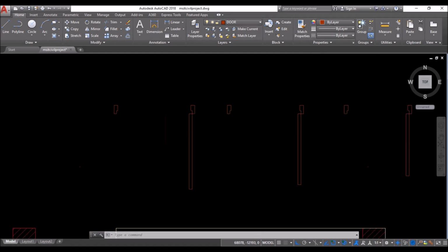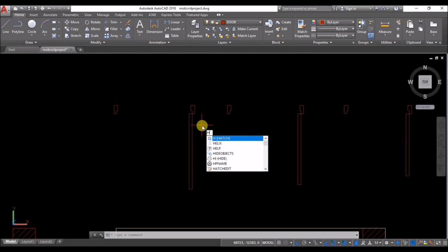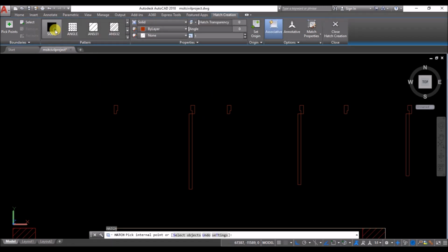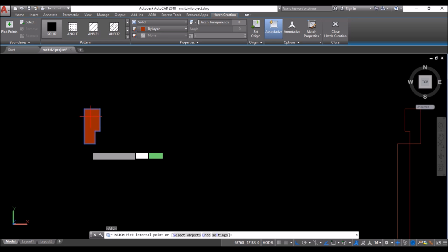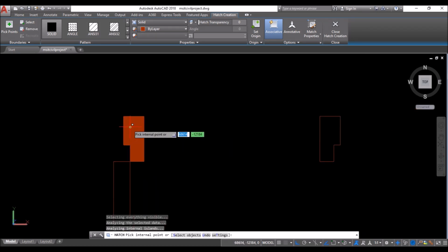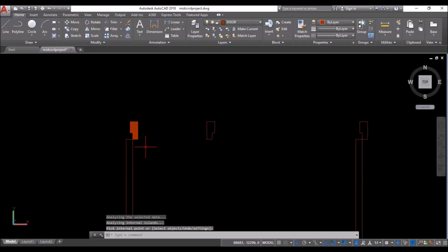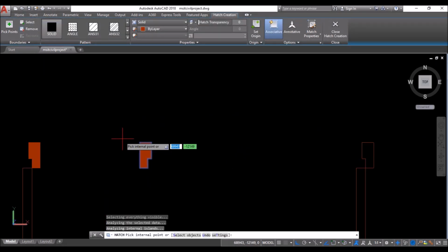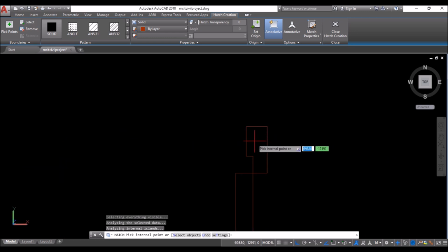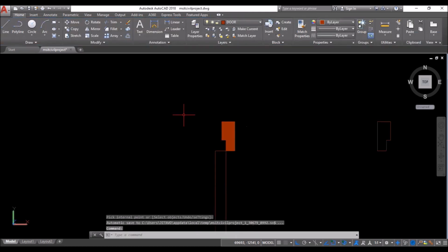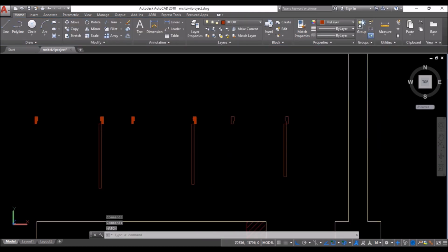Now I'll use hatch tool to fill the frame. So type H and press enter. Select the solid hatch pattern and just click inside the boundaries as shown. Right click to exit. Repeat hatch command and fill the boundaries as shown in the other 2 doors. You have to do this separately for all the doors so that you leave an option for editing these later individually.